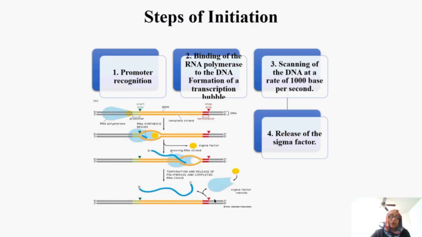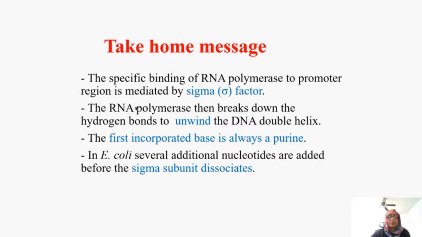The transcription will continue until getting to a certain point over here. So take home message from prokaryotic cells: they need sigma factor for initiation. RNA polymerase is the one that unwinds the DNA so it can read through it, and it will bring the correct nucleotides, and always the first one is a purine. And also